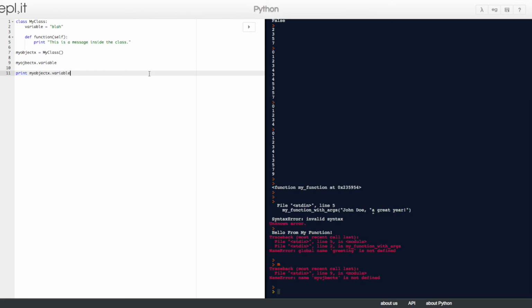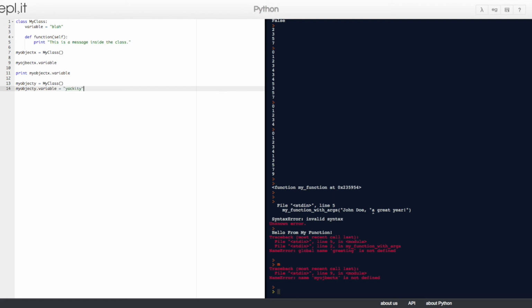So let's see here. My object X, this time it's going to be Y. My object Y equals my class, empty brackets, and then my object Y period variable will be equal to Yakety.